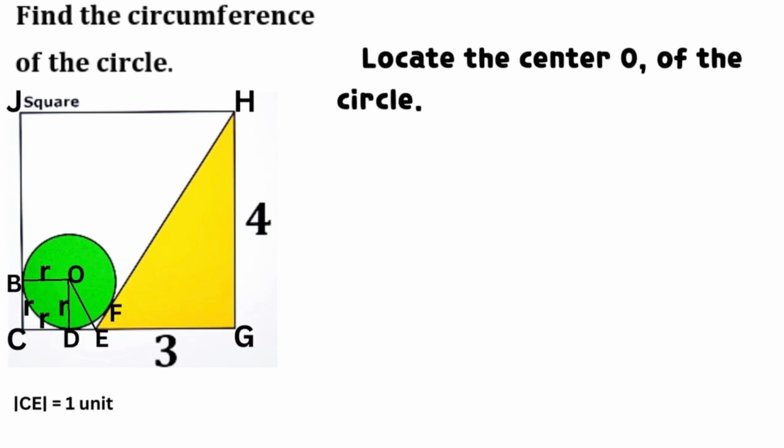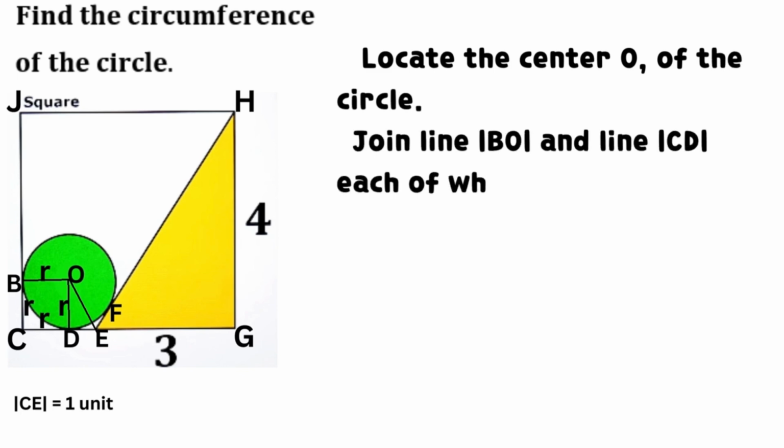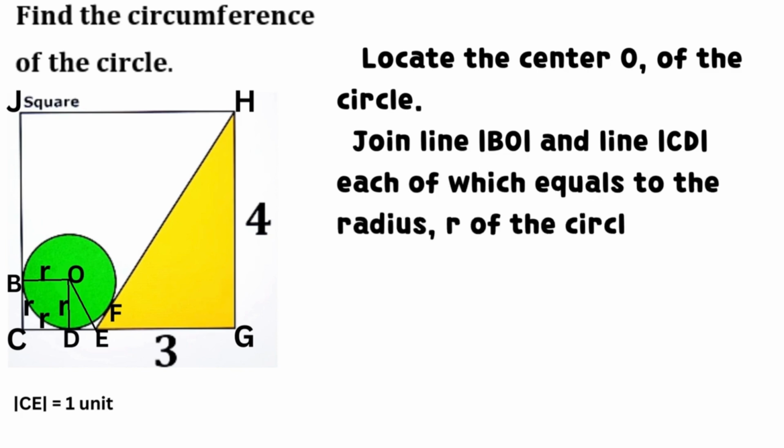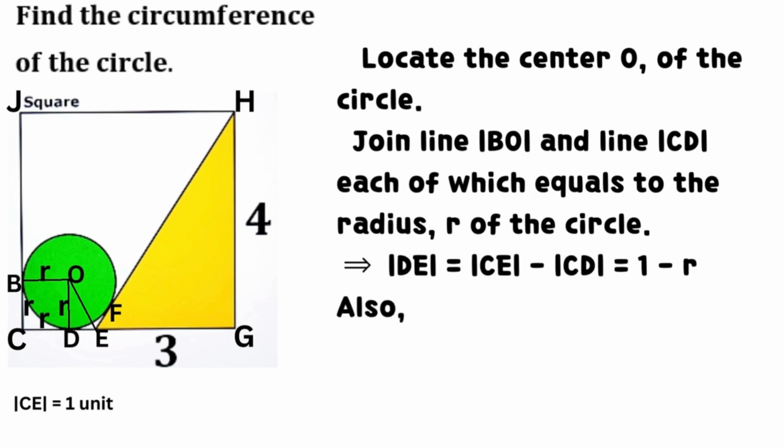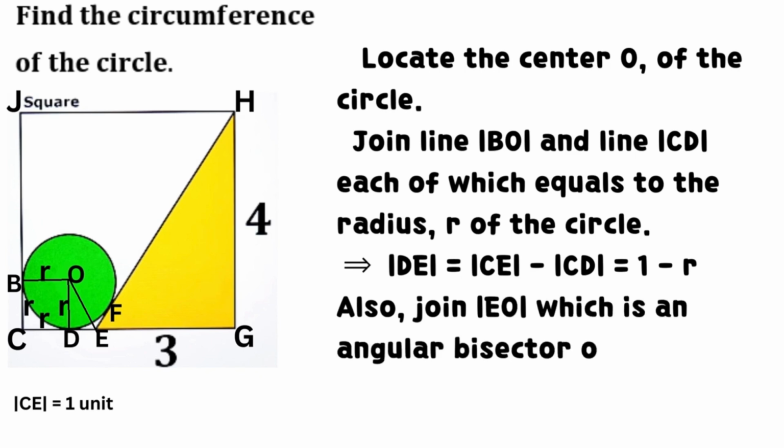Locate the center O of the circle. Join line BO and line CD, each of which equals the radius, r of the circle. It implies that DE equals CE minus CD, which equals 1 minus r. Also, join EO, which is an angular bisector of angle DEF. It implies that